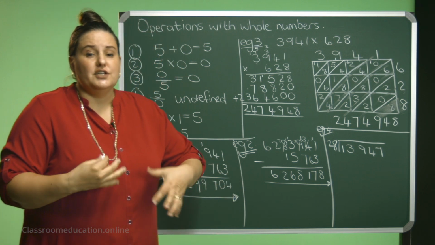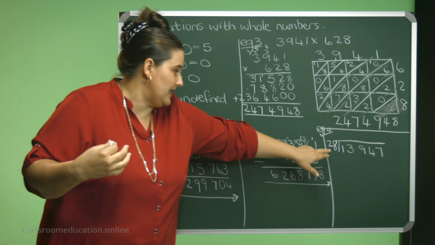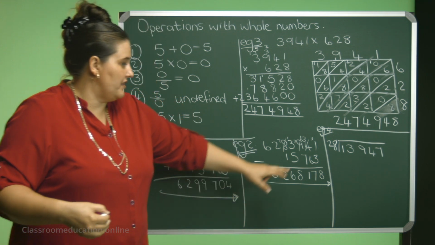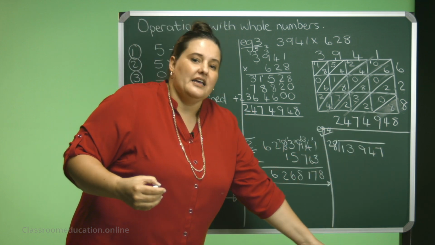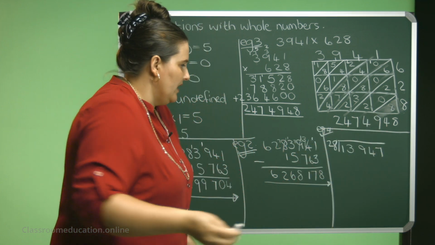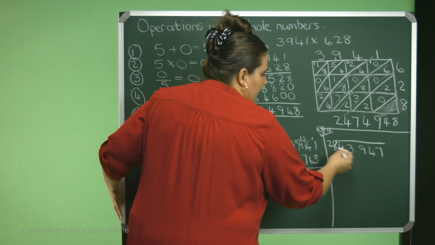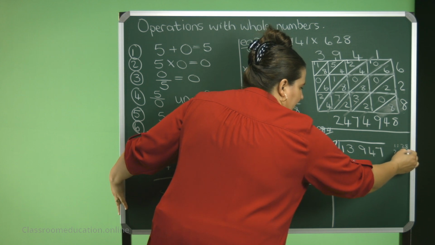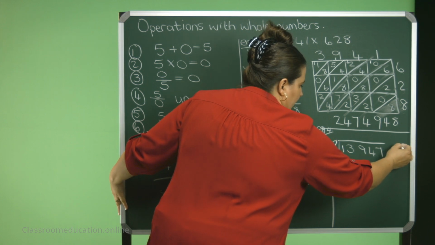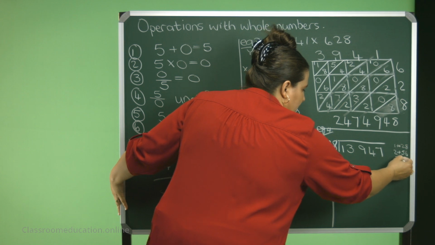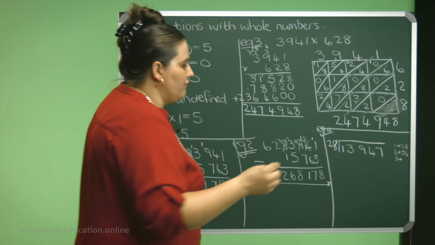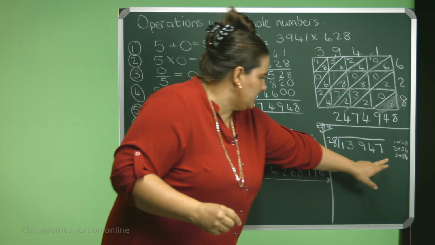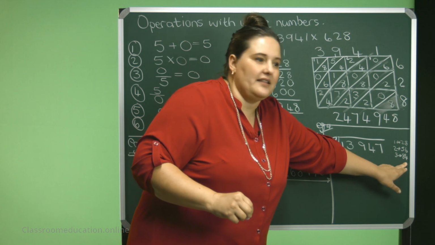Right, guys, once you need to divide by a number that is this big, it is much easier if you have the multiples of that number on the right-hand side. Then you can quickly solve the problem. So I'm going to think now for myself by saying 1 times 28 is 28. 2 times 28 is 56. Okay, let's make an arrow. 3 times 28 will be 84. 4 times 28, then you add another 28 there. So that will be